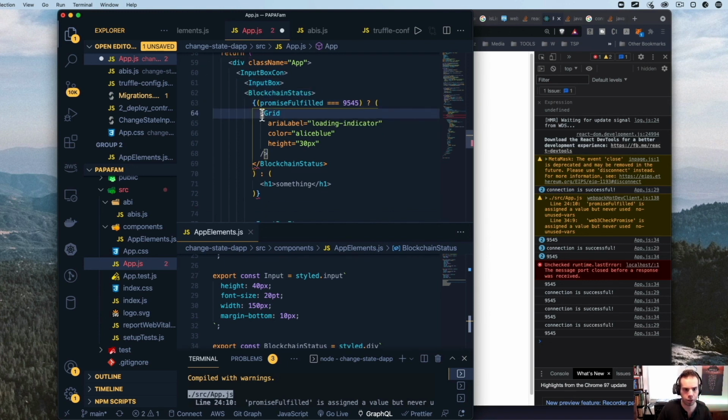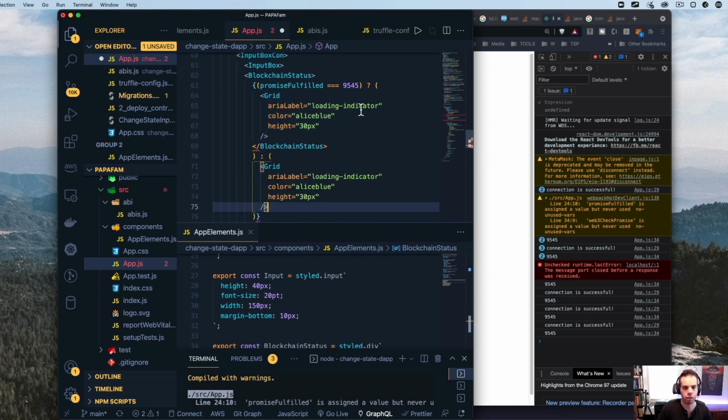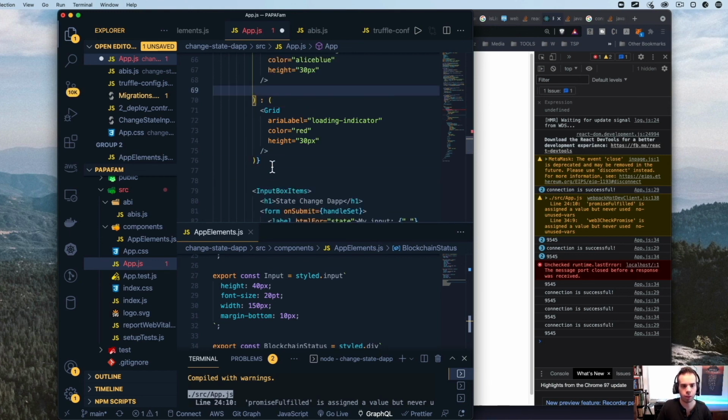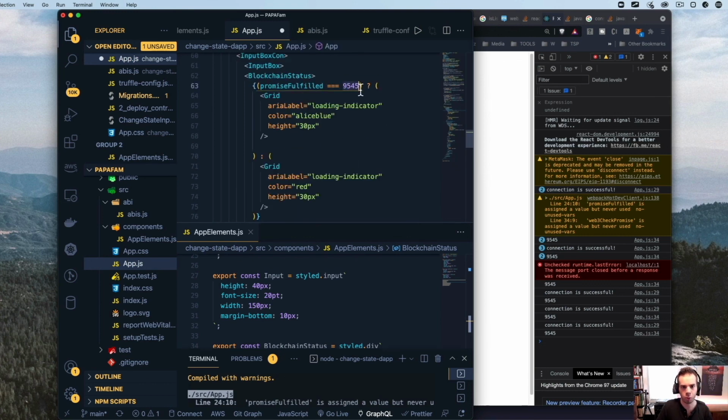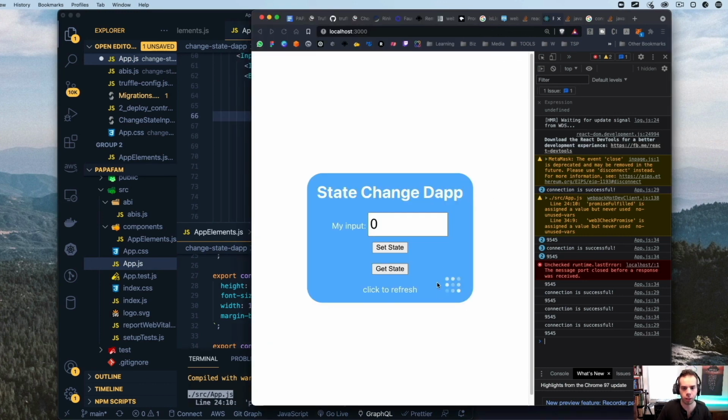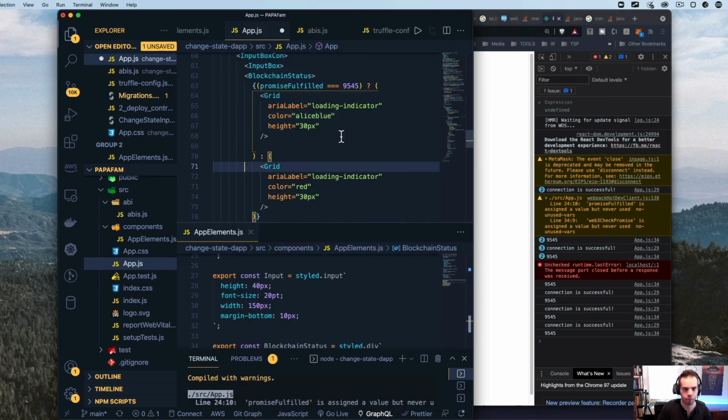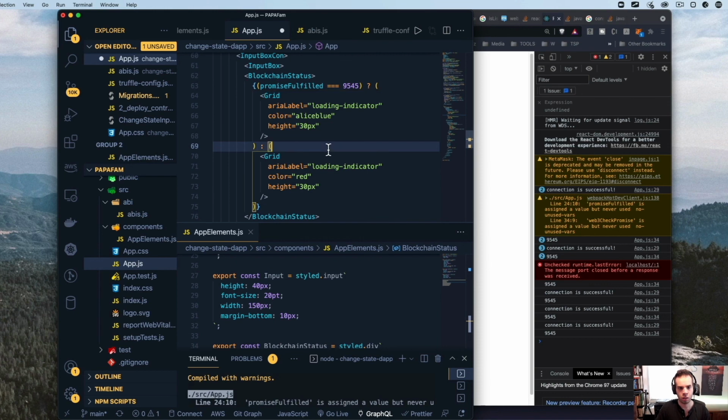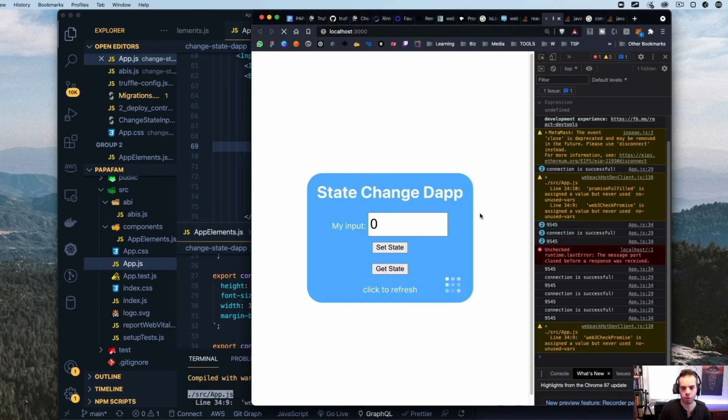So I would like to actually change this to say, maybe make it red. So if this is not true, then show red. And that could be helpful as a warning. So if someone isn't using the 9545 port, then this would be signaling red. So let's see how this would actually work. See if it works and goes according to plan.